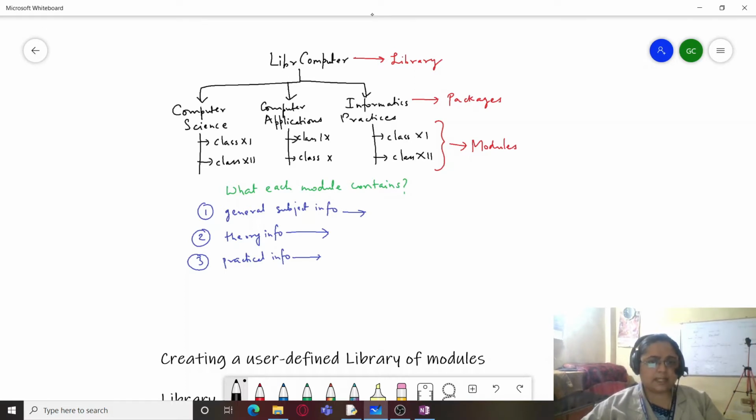So you can see that the name is Lib Computer, that is Library of Computer. This is a main library, that is, it's the main folder. Now from this main folder, we have a hierarchy cropping up, branching down in the form of subfolders known as packages.